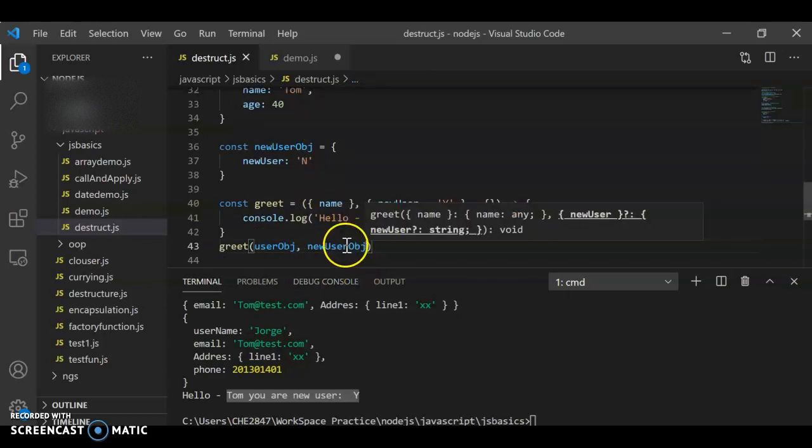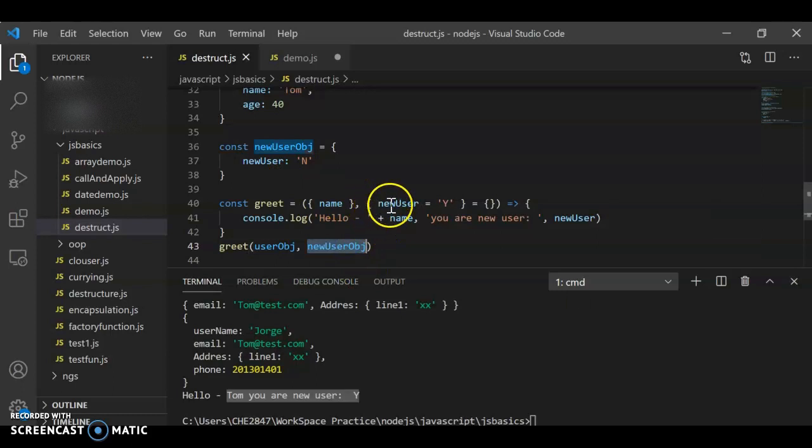So what do we expect? Since we are passing a new user object, and it's also destructuring the new user from that object, it will take n from this object. So we expect to print n right now. Let's go ahead and run it. Oops, it didn't print anything. Okay, it printed n. Oh, okay, that's nice. But I didn't say it properly before. It's n. So if you don't pass it, it will take the default. If you pass it, it will take whatever we pass to that function. That's how we can destructure the arguments of an object in functions.